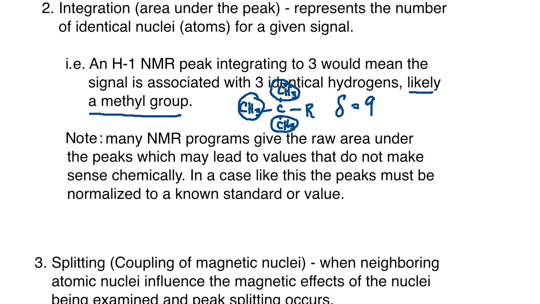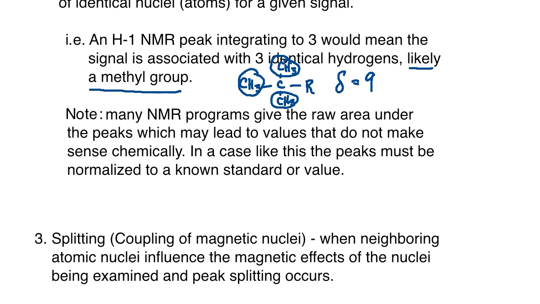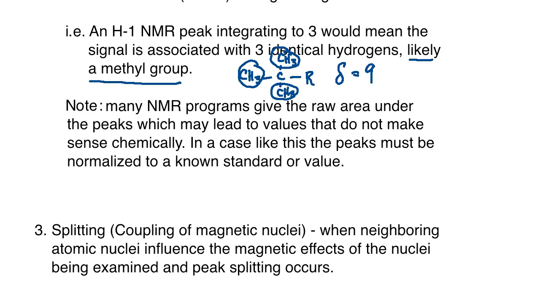All right, now look at this note here. It says, many NMR programs give the raw area under the peaks, which may lead to values that do not make sense chemically. In a case like this, the peaks must be normalized to a known standard or value. So for instance, let's say that I have something like ethanol. Ethanol is going to integrate to 3 for this methyl group, 2 for the methylene here, and then 1 for